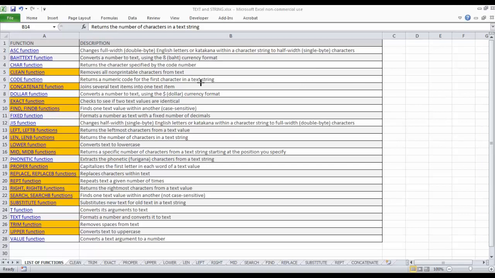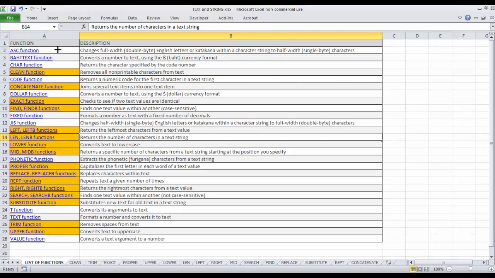Note that when we are working in Microsoft Excel, many times we have to do some manipulation of the text. Either cleaning some of the unwanted characters, or we may be interested in joining two strings, or getting some values from one of the texts. So in such cases we can utilize the text and string functions.